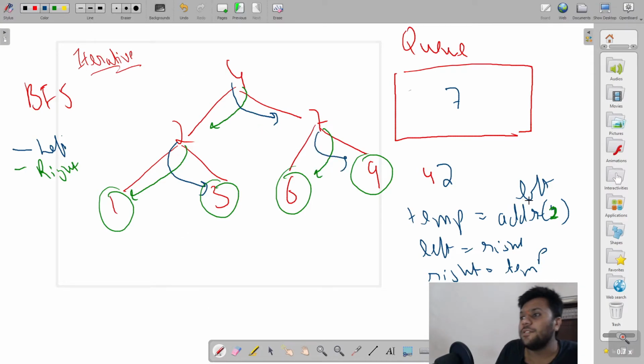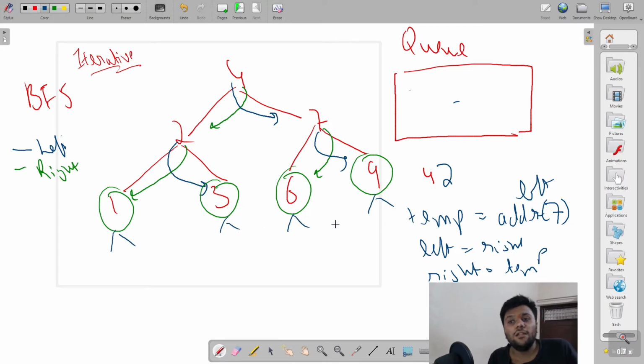Let me change my value over here as well. My 7 comes over here. After this, I will go for their leaf nodes. Their leaf nodes are null, so we can't do anything.